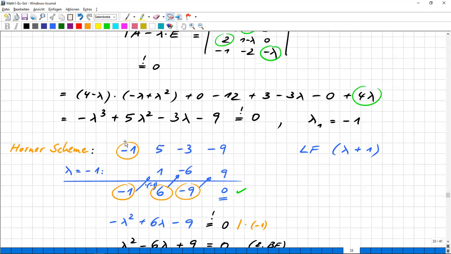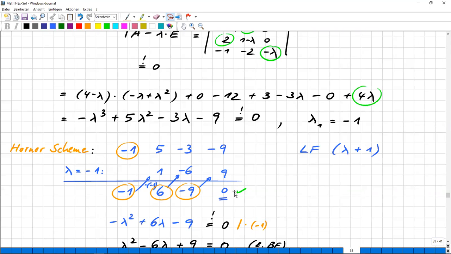So then I take the first element downwards, minus 1. I multiply it with this number, always. Always the next step is multiplying with this number here. So minus 1 times minus 1 is 1. I put this here, one to the right and one upwards. Then I add the column numbers, 1 plus 5 equals 6, and then the same procedure again. 6 times -1 is -6, -6 minus 3 is -9, -9 times -1 is 9, 9 minus 9 is 0,